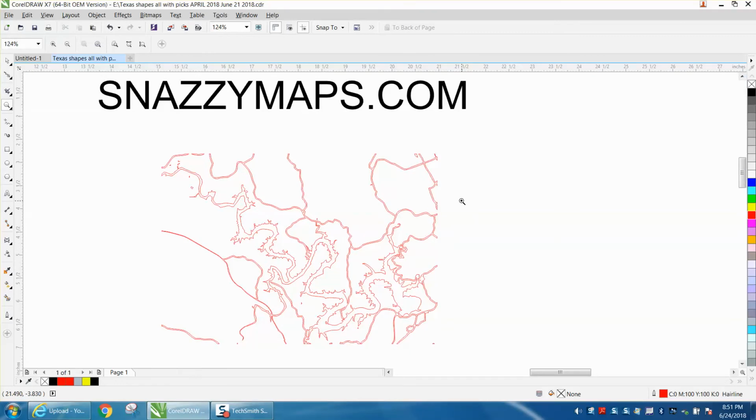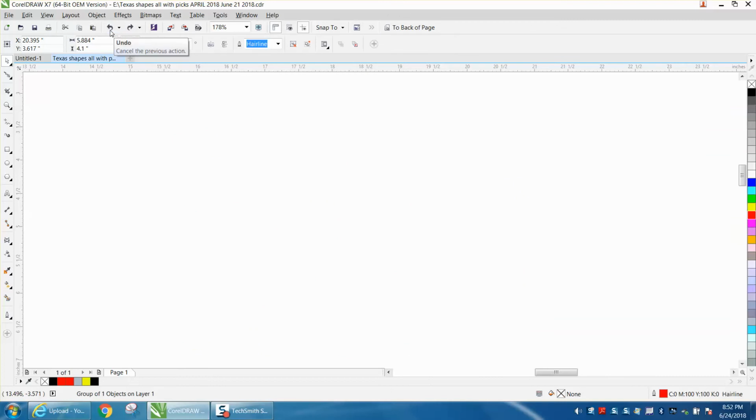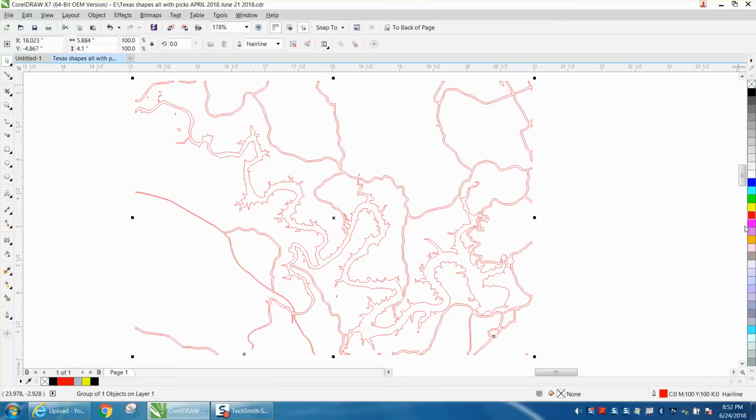I just made two videos on this snazzymaps.com, and I started thinking you could use this for a lake. So if you have not watched the first videos, you're going to have to watch them. But I took the lake and turned it from a, like this, and that's the way it looked, and I put left click, right click, hairline. And this isn't going to work, but if you want to draw a map, this will save you a lot